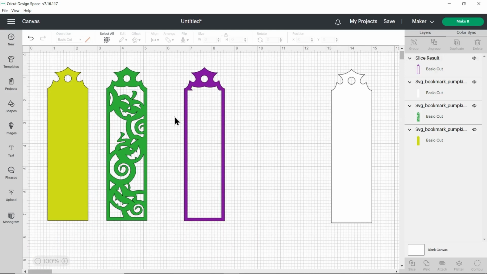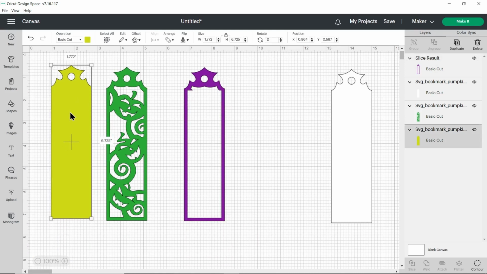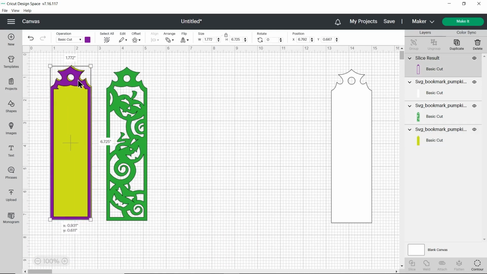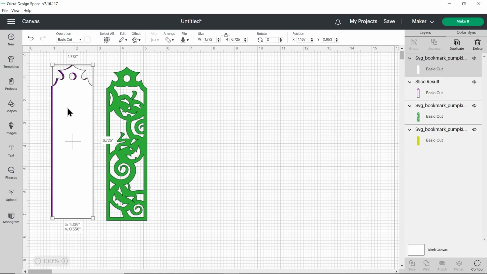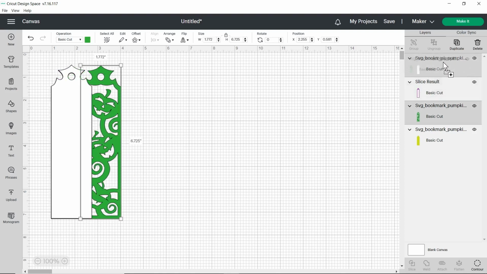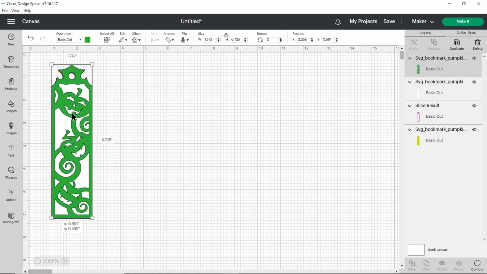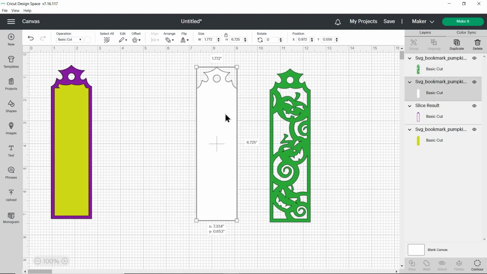So if we imagine we're putting this together, the bottom bit will be our solid bit. We'd have the foam on there and then fill it with all your glitter, sequins, beads, whatever. Then you'd put the acetate on top like that. Remember, this is going to be see-through. And then on top of that, you'd glue this piece out of cardstock, and that'll let you see not only the color of that base layer behind it, but also all of the little bits you've put in there to shake around.